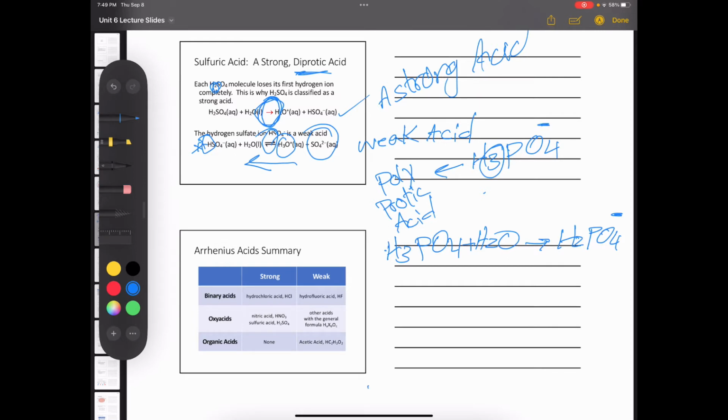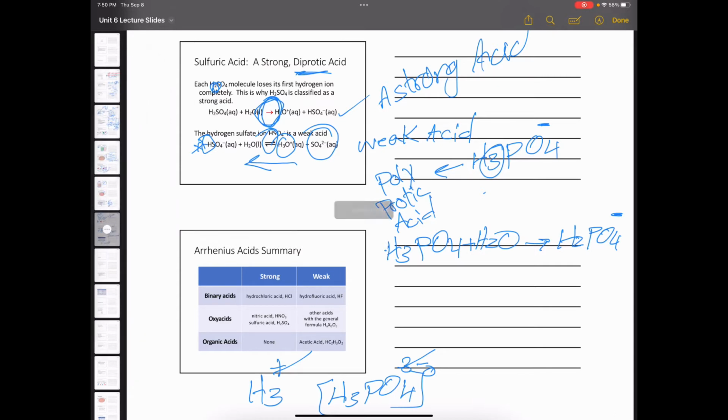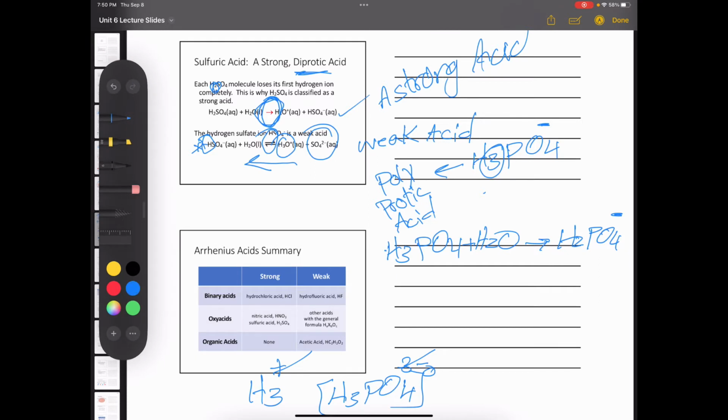Remember, the PO4 has a 3 negative charge, but because we have the H3 positive, the 3 negative and the 3 positive cancel out. That's why H3PO4 has a net charge of 0, a neutral molecule. But every time you take one proton, you're destabilizing the charge, so the charge is no longer balanced. You'll have more negative charge than positive charge. So you will have H2PO4 with a negative charge showing up here,